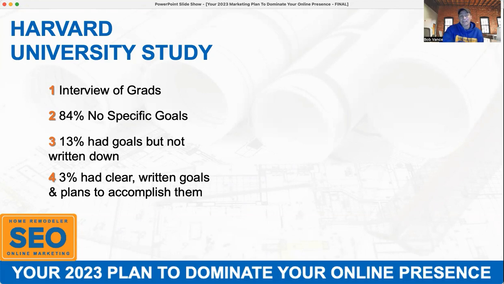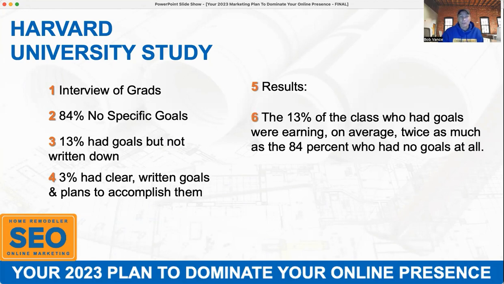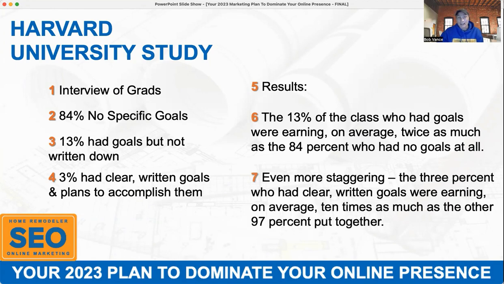How do I make that happen? And then the results of that study: the 13% that had goals, but they weren't written down, were earning 2 times more than the rest of the class. And even more staggering, and this is the whole point of what we're talking about here, the 3% that had goals and had written down plans to accomplish those goals were earning 10 times as much. So really what I want to do here is tap into that 3% rule,